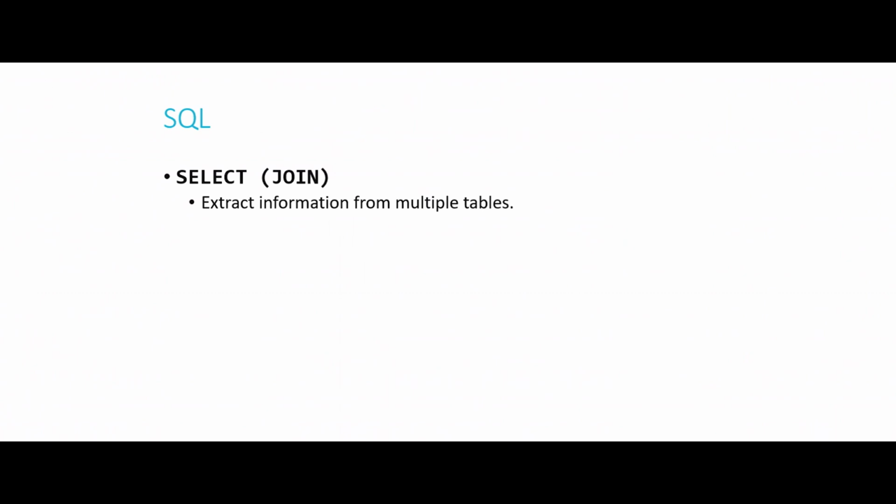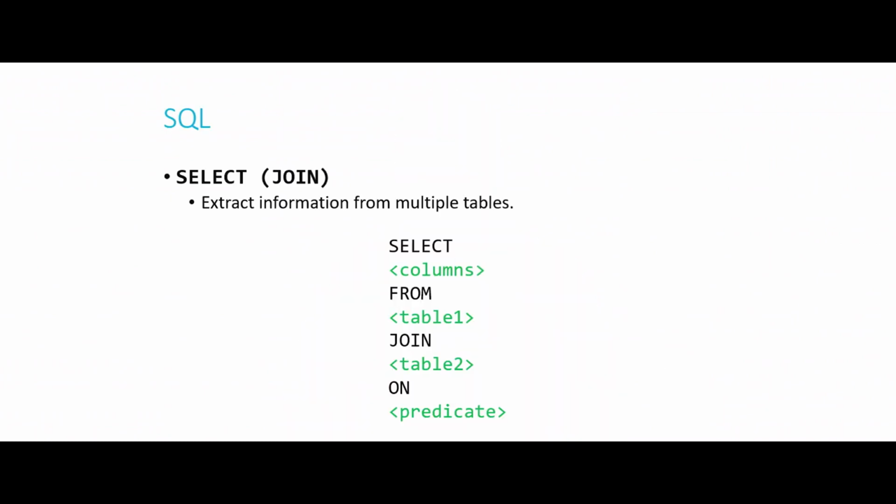It looks pretty similar to the select query before, but we're adding one extra piece of information, which is what tables we're joining together. So I want to select a specific set of columns from one table, joining another table onto it, just temporarily. It doesn't really merge them, but it creates this sort of hypothetical table that does merge them. On predicate, where predicate is basically we're trying to find where the 2 tables overlap so that we can create this merged table just temporarily for purposes of this query, and then have them separate again.